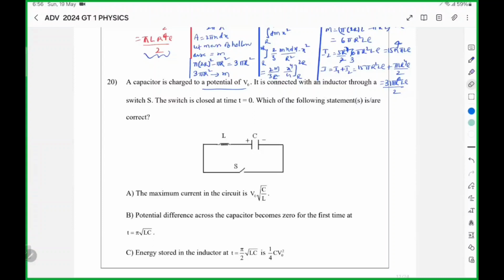So once it is charged and then it is connected, charged capacitor is connected to an inductor. So here discharge happens through inductor